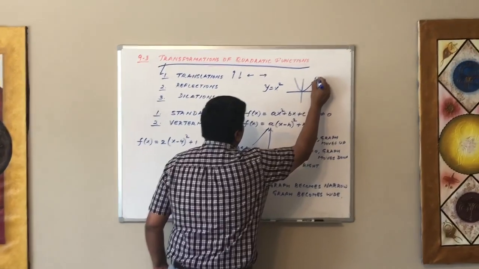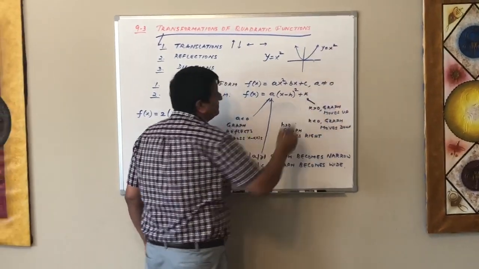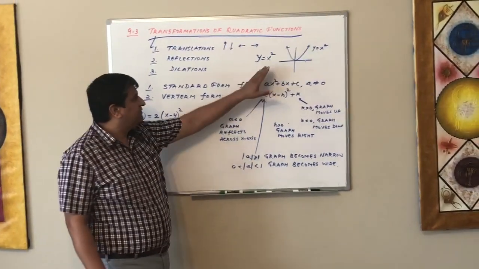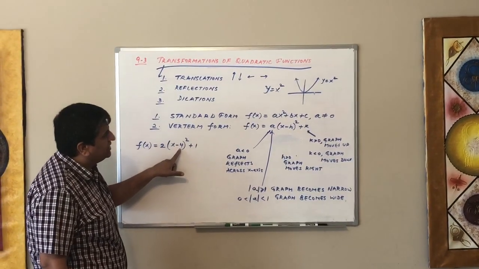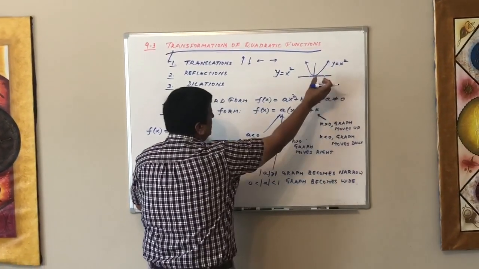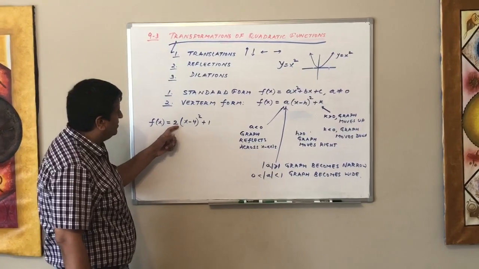As you know, the graph of the parent function, y = x², looks like this. Then compared to the parent function, this graph will shift 4 units to the right. That means this is going to slide 4 units to the right, 1 unit up, and also this will become